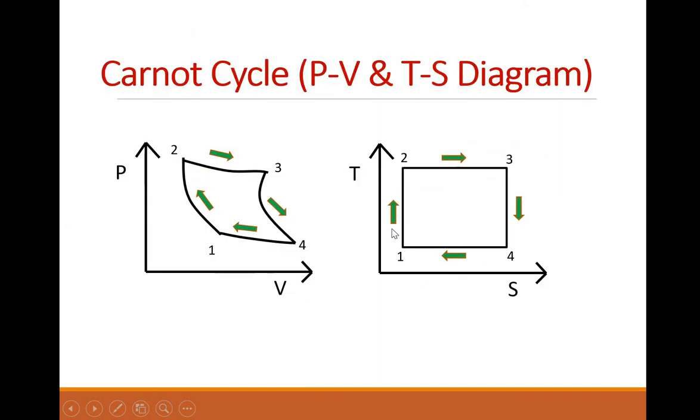Okay, this was one of the cycles. Now coming to the next, this is a Carnot cycle. It is a basic thermodynamic cycle, or we call it an ideal thermodynamic cycle. The Carnot cycle has the highest efficiency, but this cycle exists only ideally. We cannot implement this cycle in a practical scenario. Why? Let's see. See this diagram.